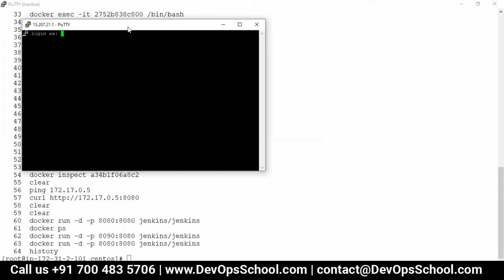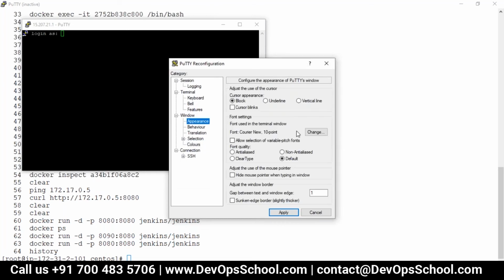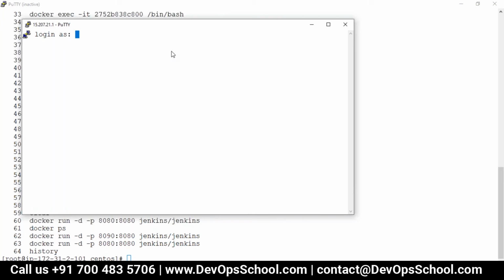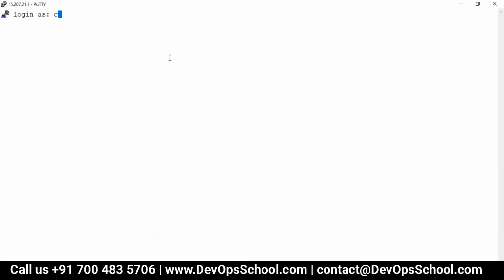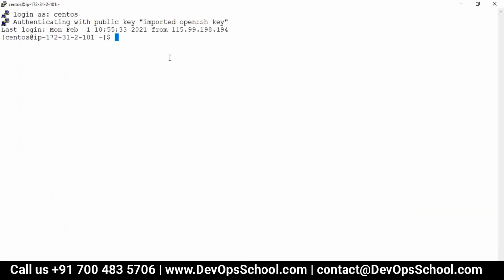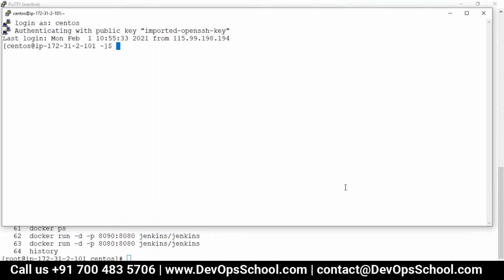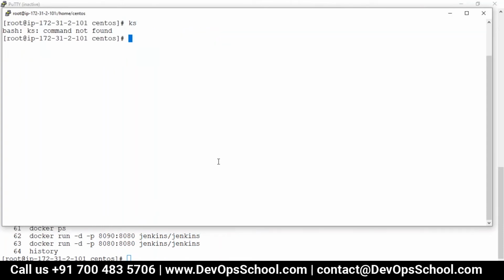Now CentOS is the username. And remember, Docker needs root, so we need to become root, or the username needs to be a part of the Docker group.